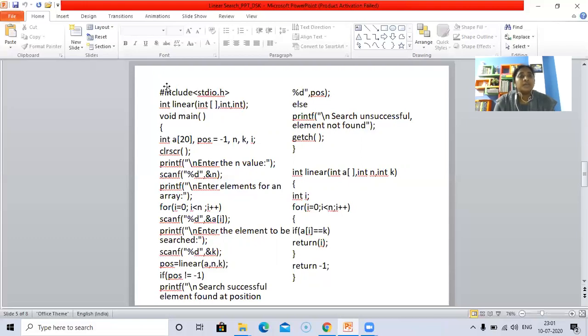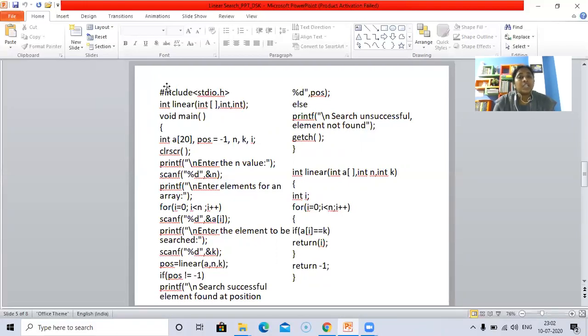Now 20 is the size of the array. Here position is initialized to -1 because the array ranges from 0 to n minus 1. So from 0, any positive value may be an element's index. Obviously we are initializing it to a non-positive value.